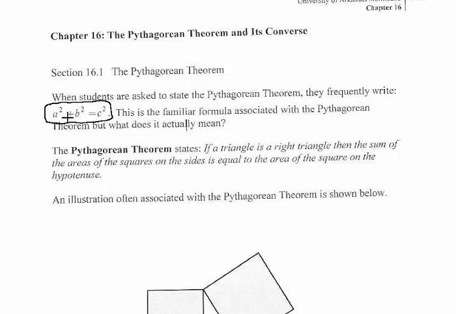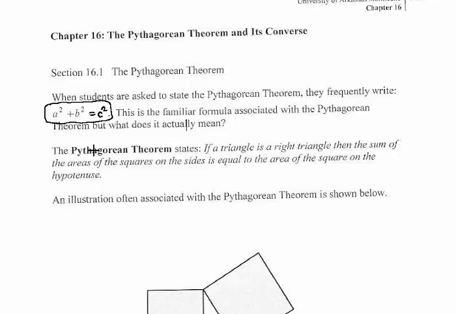Okay, and so what we have here that's similar to previous chapters is we have an x squared and a b squared, and so what we're looking at on the left hand side is the sum of two squares. Alright, and that ends up being equal to another square. Okay, and the title of this chapter is the Pythagorean Theorem and its converse, and this has to do with triangles,